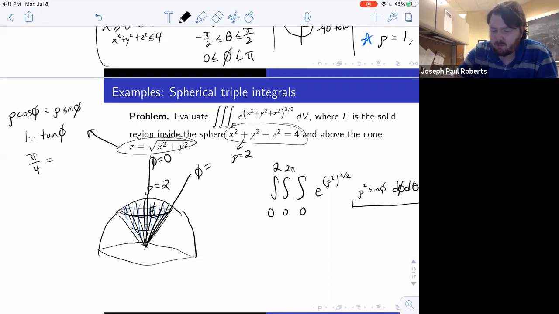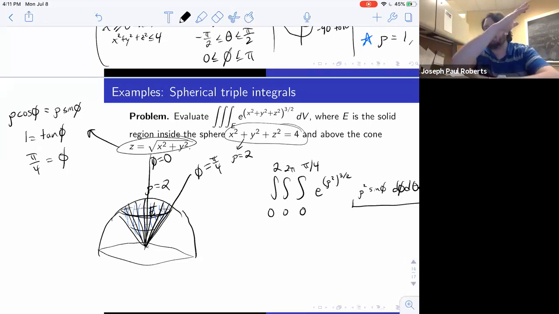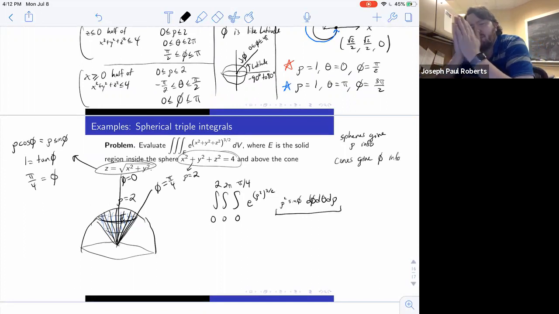And so then, therefore, remember, phi is between 0 and pi. The only solution for tan phi equals 1 in that range is that phi is pi over 4. And so that's what you get for that. So this cone is at an angle of pi over 4. So we'll practice this again tomorrow, but spheres give rho info. Cones give phi info. So that's a little bit different from what happened with